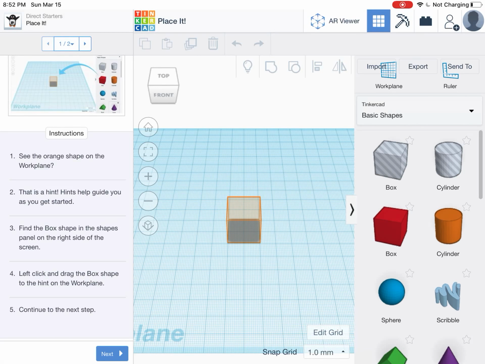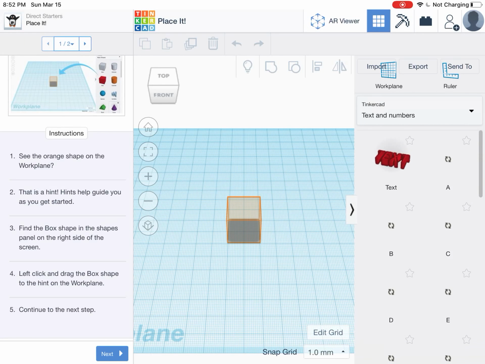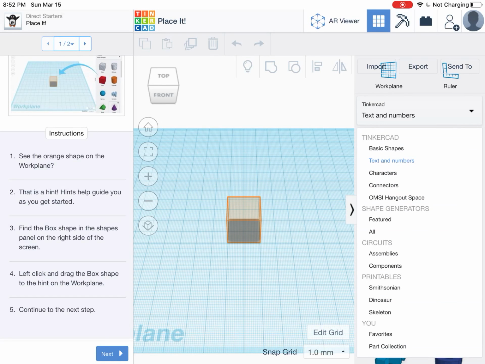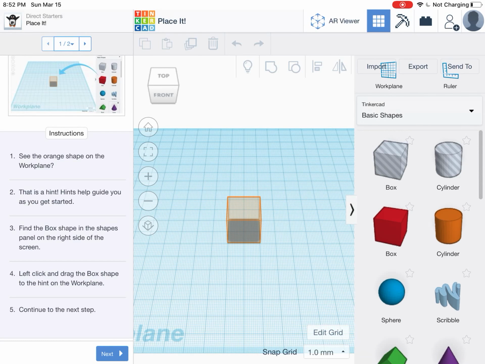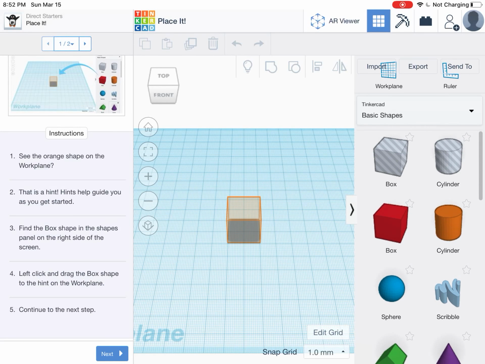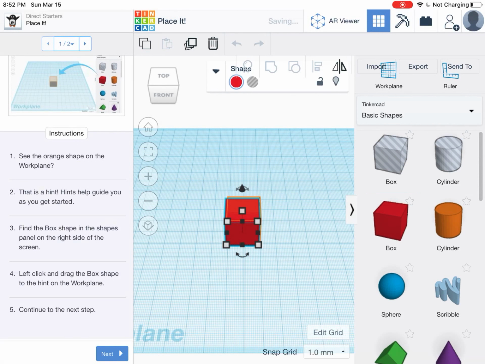And it's basically saying, hey, drag this box over from the right-hand side onto the work plane. Notice on the right-hand side we've got shapes, but if you hit the drop-down menu, there's lots of other things. You can get text and numbers, you can get characters, all kinds of cool stuff. But for now, we're going to stick with basic shapes. So if you just grab that box with your finger, hold down, and drag, you can drag it right to the orange square, and hit next,